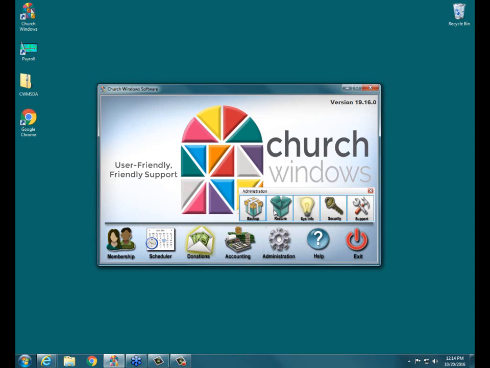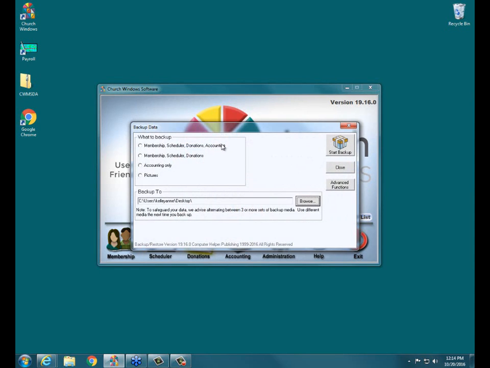Okay? Administration and backup. And you would pick to only back up membership and donations. You don't want to back up accounting. And just by backing up membership and donations, you can hit Start Backup, and this will back up your data to, say, a flash drive, if that's the way you transfer your data to the person who just has accounting